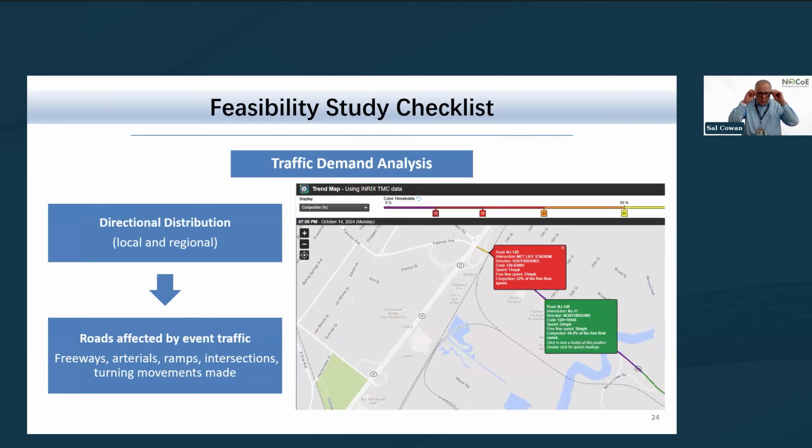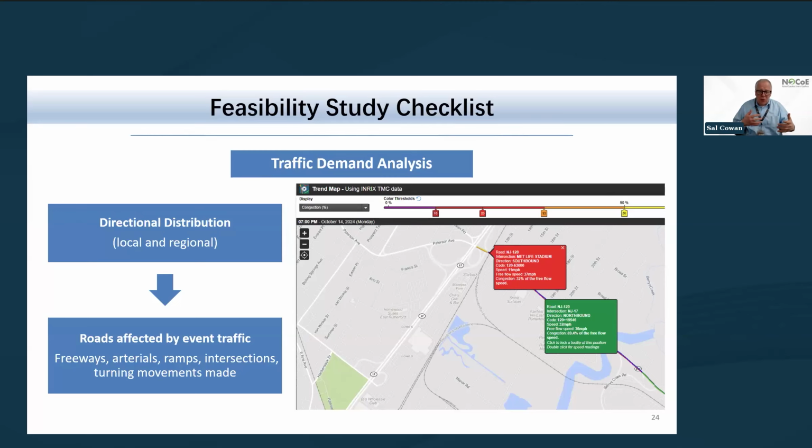So for FIFA 26, we know the bus routes will be primarily coming from New York City and a large amount of traffic from the New Jersey Turnpike. Our roads connect from both, so we know the roads and the ramps. Once they're on property, though, the stadium's responsible for the flow around the stadium. But again, they've got to finalize their property map as well as the vehicle and the pedestrian screening areas.